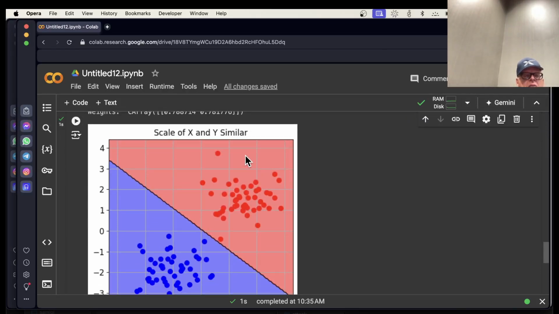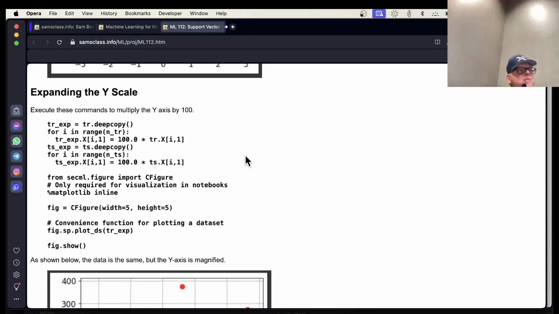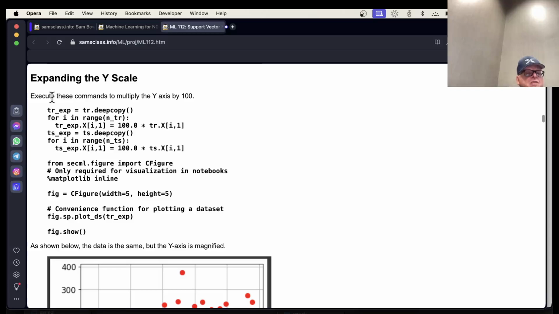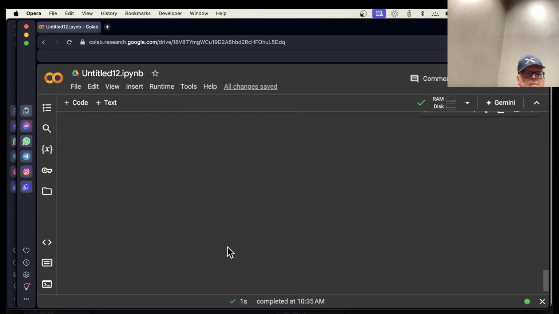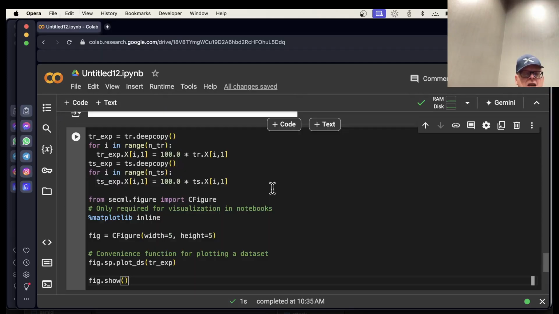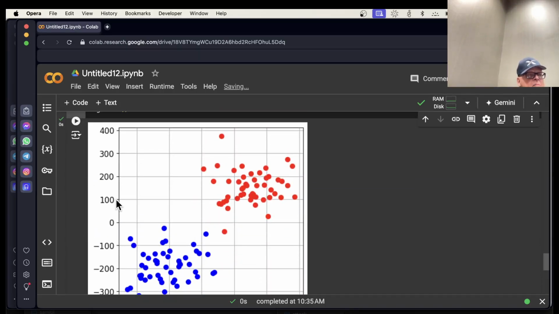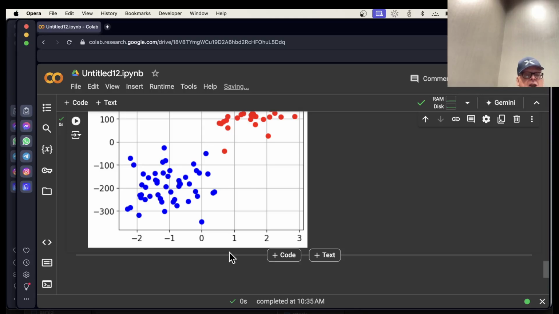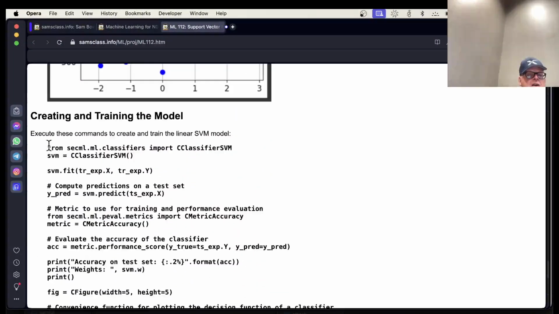Now we're going to see what happens when you scale the data. I keep mentioning many times, you don't want your data to be in the wrong scale. So if you multiply the scale by 100 for the vertical axis, and then work with the scaled data, it's the same data, but this is now going up by hundreds, and this is going up by ones. And now, if you train the model on that, down here,